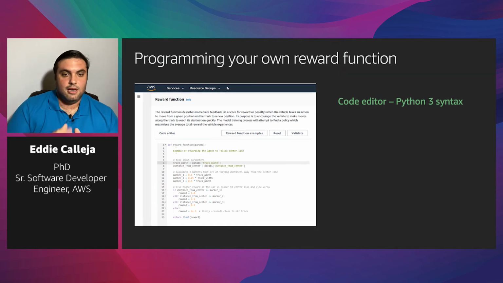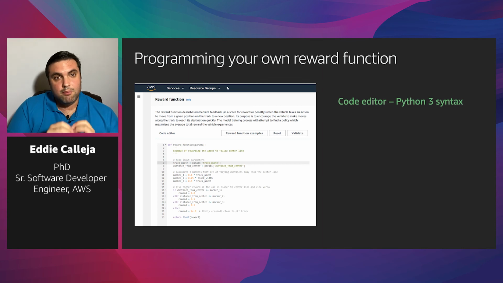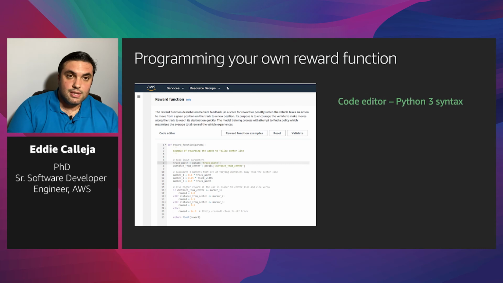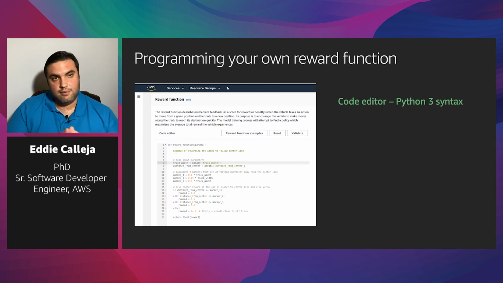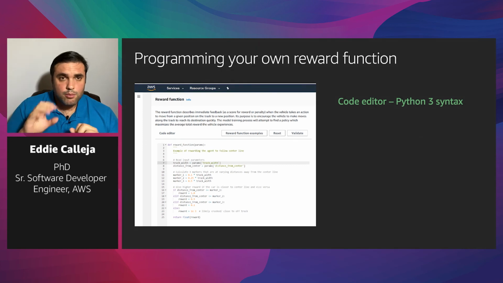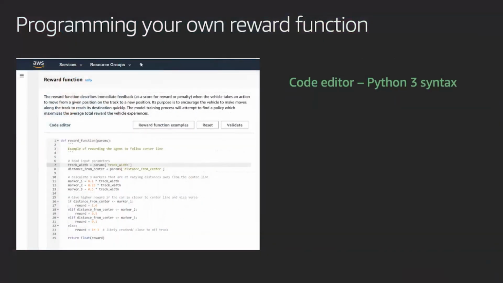And eventually you're going to end up at a screen that looks like the one I'm showing here. And this is where you're going to write a bit of Python code. It's Python 3 syntax using the parameters that we give you. And on the right tab, you can click for help to see what each one of them means. And at the end of this talk, I'll also point you guys to some great resources that you can visit so you can continue to expand your knowledge beyond this workshop.